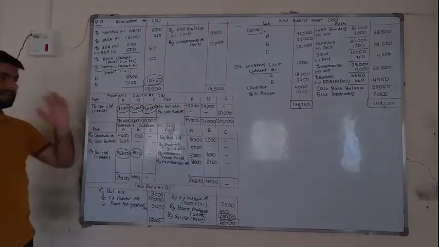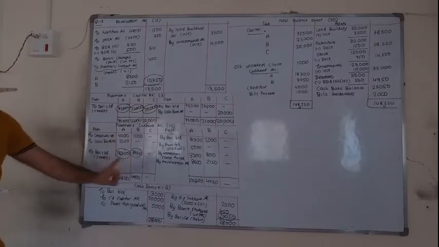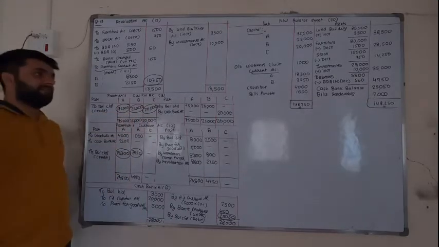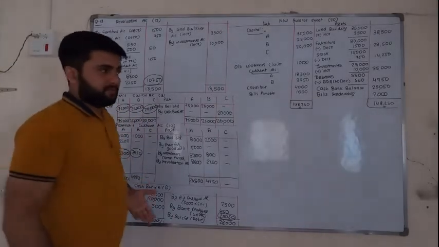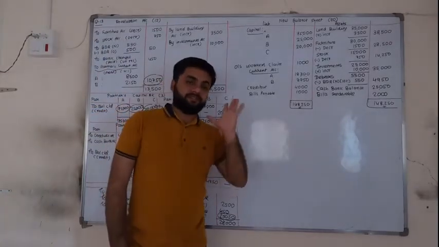Nothing new, only one account is extra. All the transactions are recorded here excluding when the capital is brought. And tomorrow we will complete this chapter. Tomorrow only the last 14th sum is left.